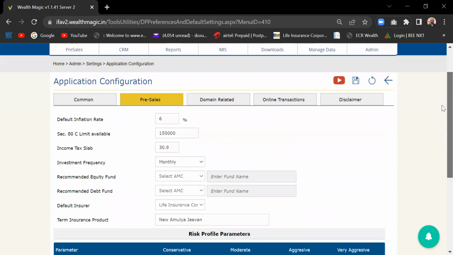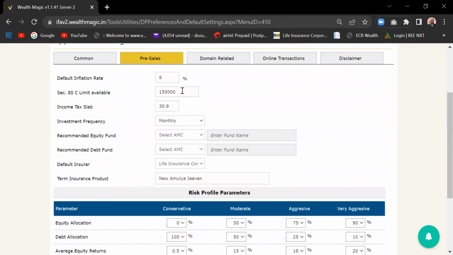Just to show you the pre-sales option, here are the things like the ATC limit. Suppose tomorrow in the next financial year, the ATC limit increases to 2 lakh rupees. What setting should I do? Go to pre-sales, instead of 1 lakh put 2 lakhs and save it. So the ATC limit will automatically change. The income tax slab we kept at a higher rate. You can give 5%, 10%, 20%, 30%, it will always be better, because the value is not going to change. But whenever you send any reports to our customer, automatically that will